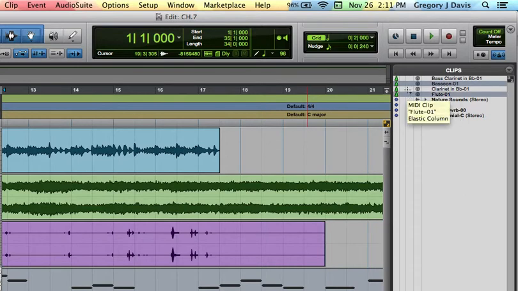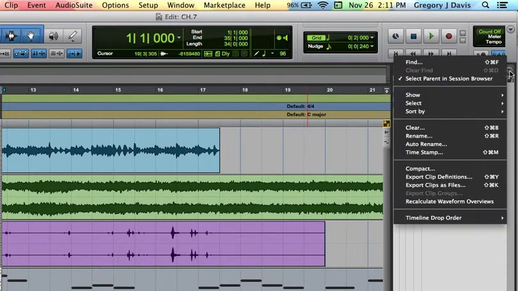So let's say we have found clips that we would like to remove from our session using any number of the filters that we've just discussed. The next step would be to remove the clips and get them out of your session. Now, this next part on page 194 and 195 is a rehashing of what we've already talked about in 101, the difference between